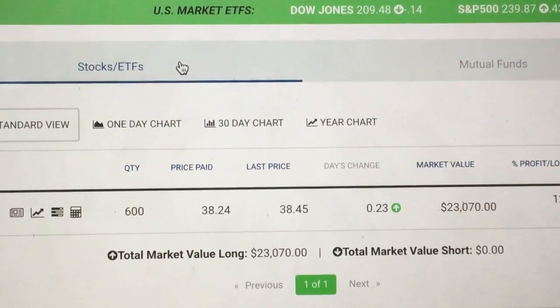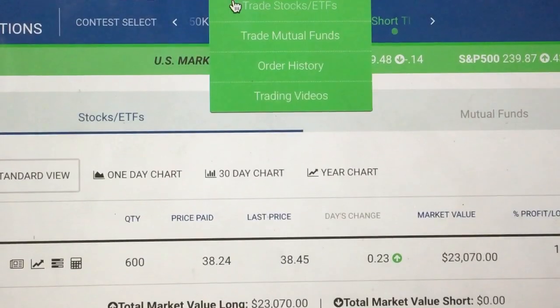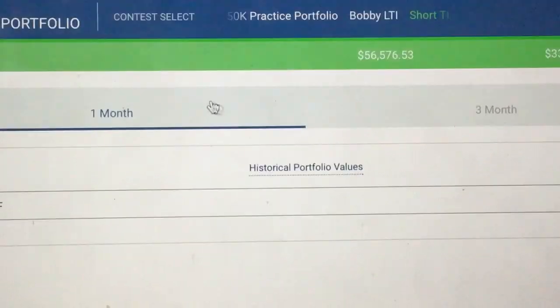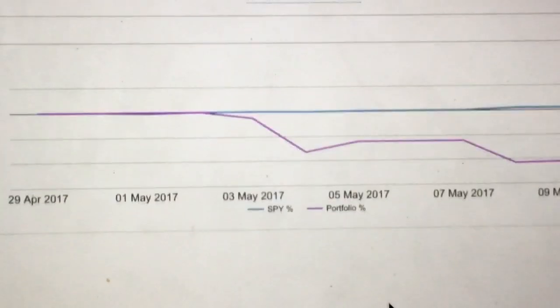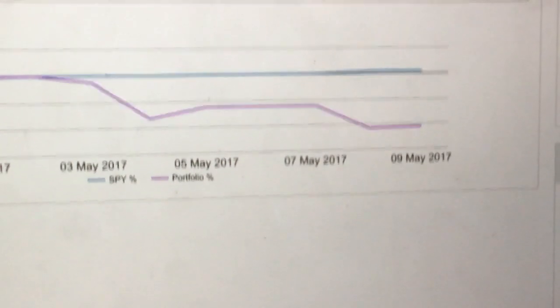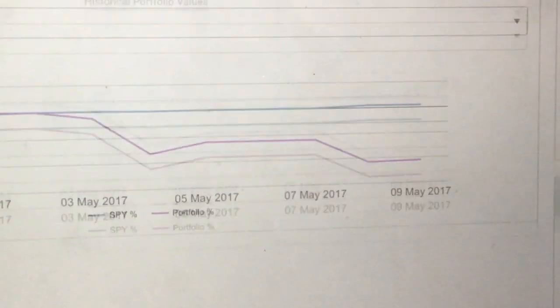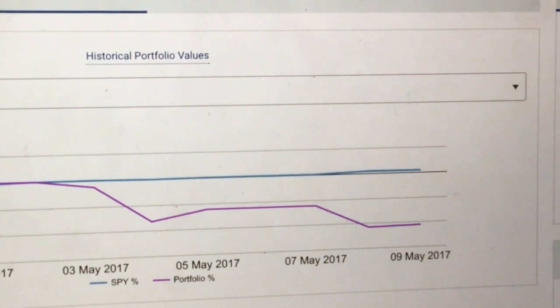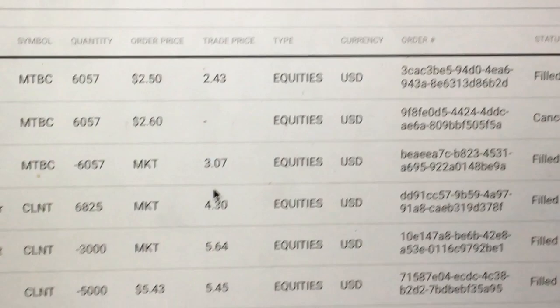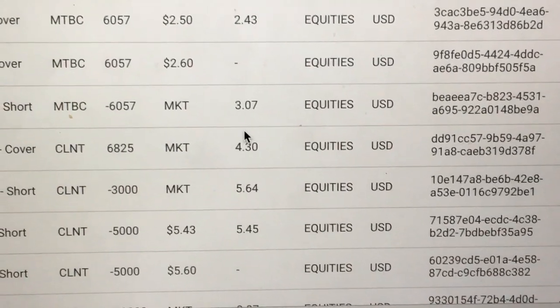But all of a sudden now, if you look at my trading history, or maybe I'll graph my portfolio, just in the past few days, this is a horrible graph. It doesn't show the recent progress. Order history. So as you can see here, I shorted